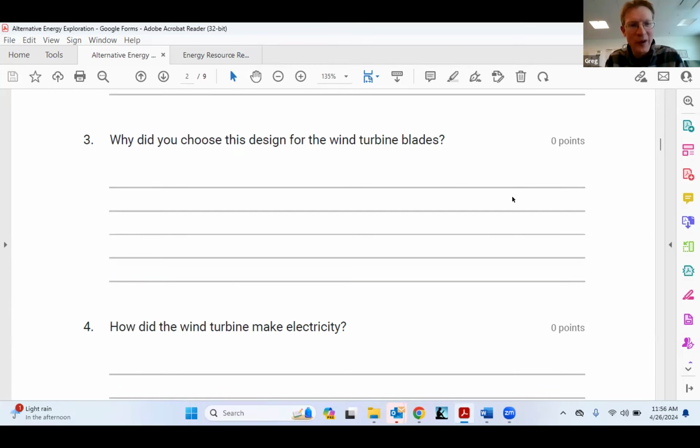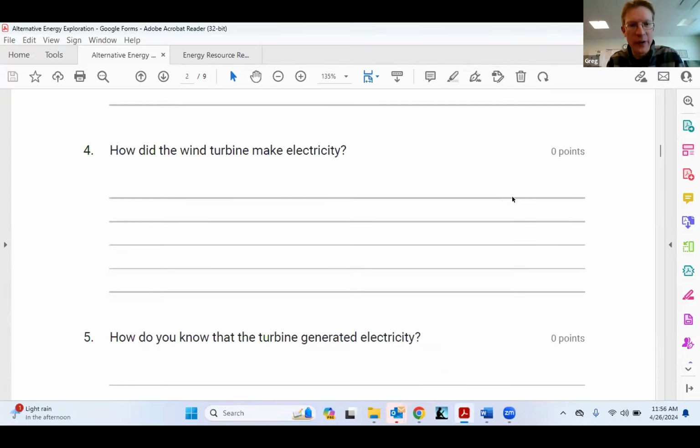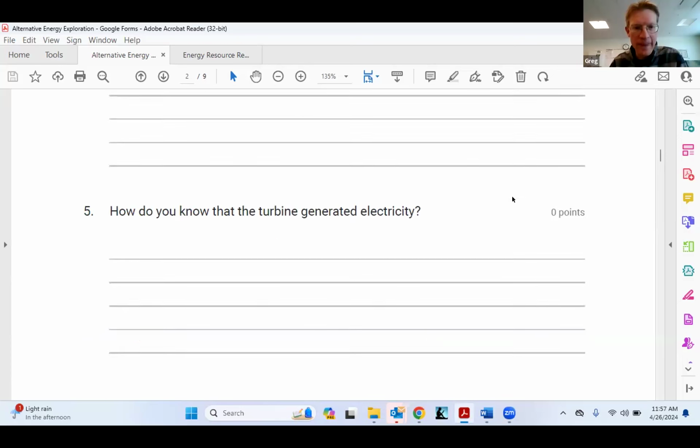And it is cool. I get big wind turbine blades, small ones, skinny ones, curved ones. Just every design, and the kids really think it through, which is really neat. A little bit of review on how the wind turbine makes electricity, and you'll be able to see the turbine in my picture, what it looks like.